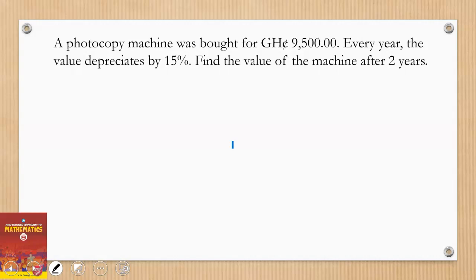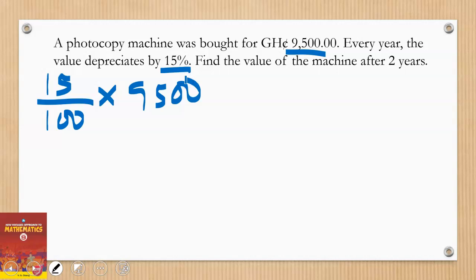A photocopy machine was bought for 9,500. Every year, the value depreciates by 15%. Find the value of the machine after 2 years. Now we know what percentage is, and we know the application of percentage. So if I want to find 15% of 9,500, I can do a simple calculation as this: